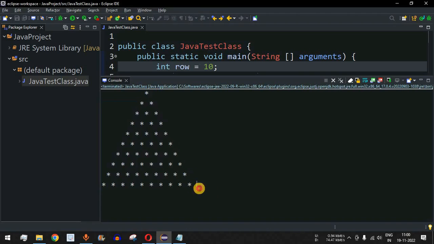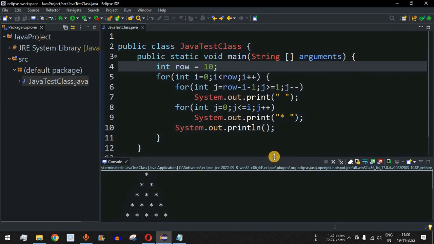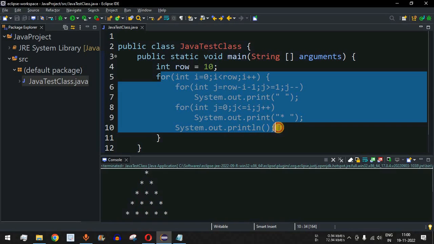And guys, this is the way we can easily write our Java program in order to print the pyramid star pattern depending on the number of rows that we want. Apart from this, if you have any other star pattern to be printed, it just depends on your logic, what logic you put inside these for loops, and ultimately you will be able to draw any star pattern that